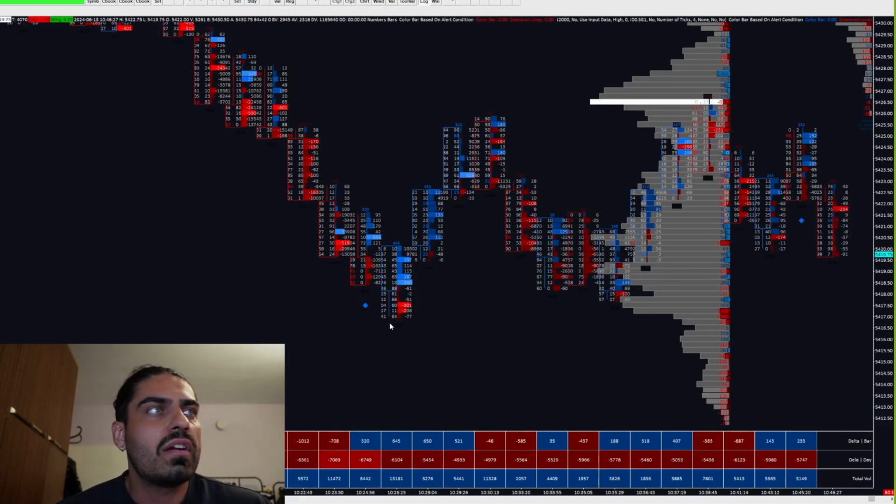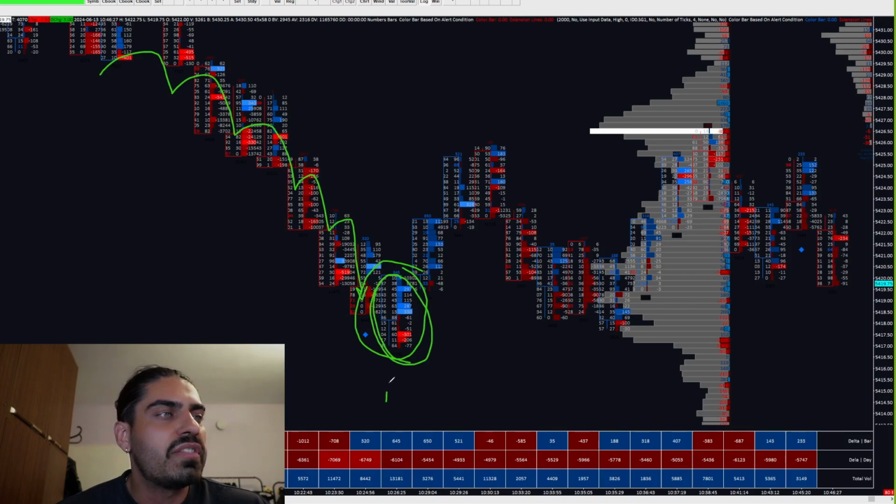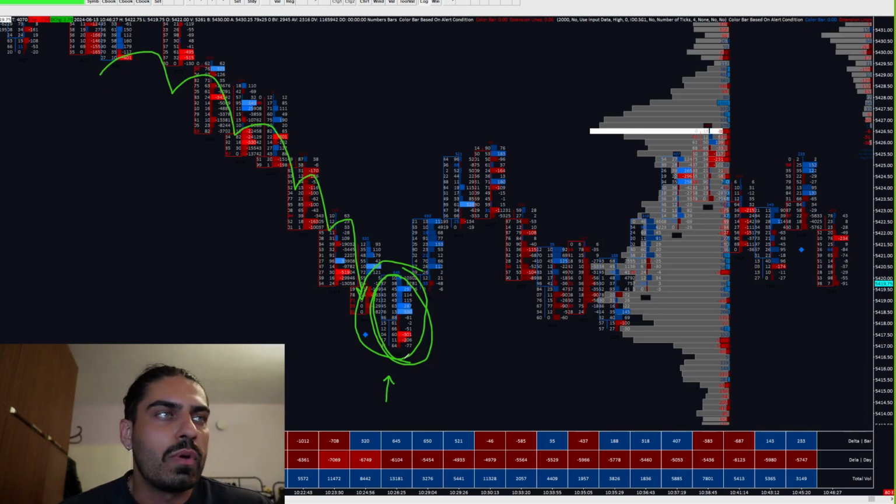If I bring in the concept of a rejection candle, the rejection candle is going to be the first candle that's opposite to the current trend. So if we see red, right? And the first blue candle is a candle of interest for me. Now, I don't want to stray away from auctions. I don't want to stray away from those concepts where we have large imbalances on a different plane,